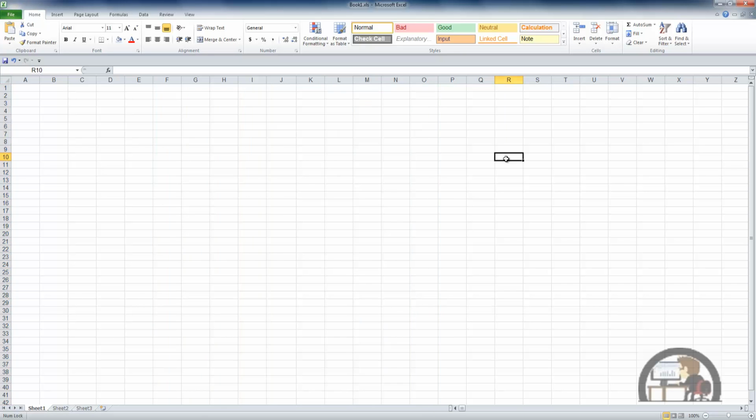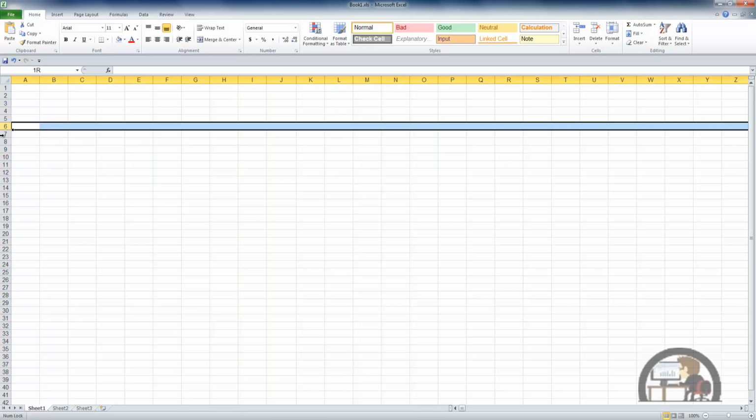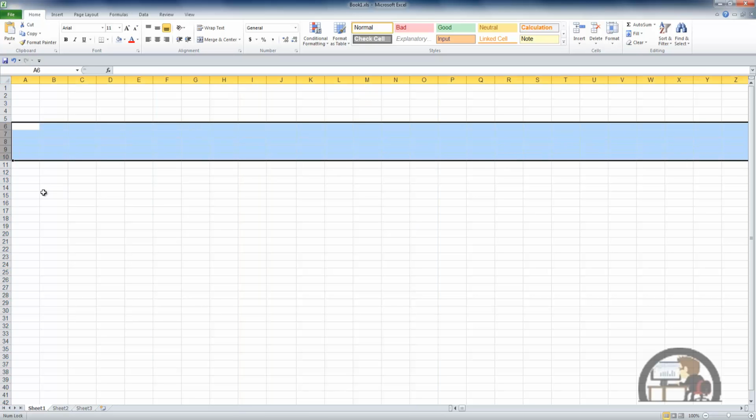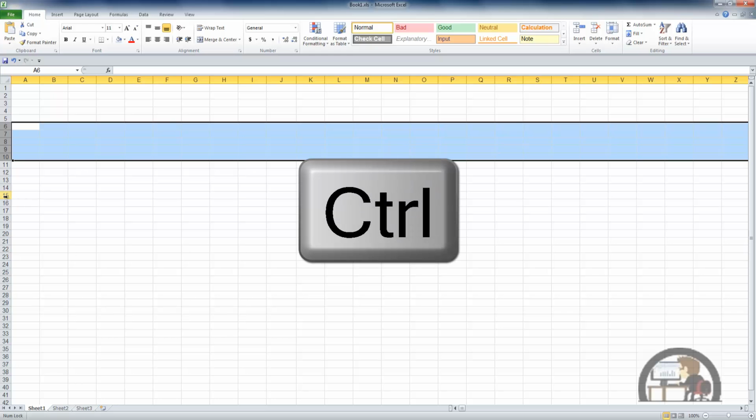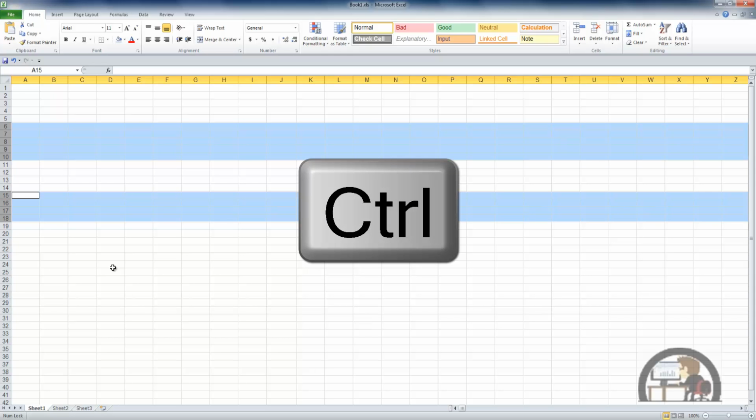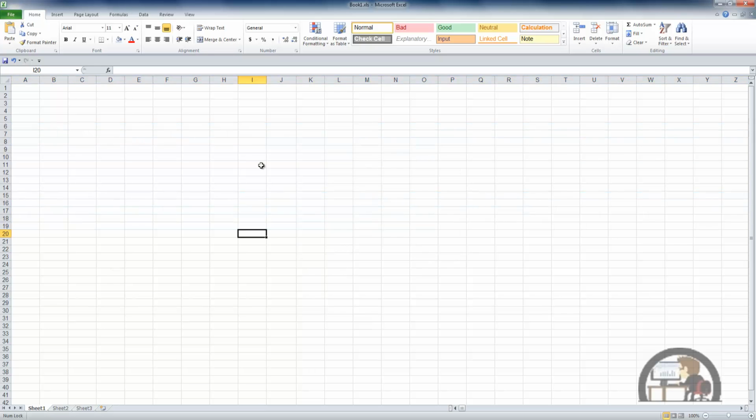I'll left click off of that and show you that rows work exactly the same way. I've dragged across rows 6 to 10, hold the control key down, drag from 15 to 18. I have two non-contiguous ranges selected at this point. Now that we know how to select columns and rows, we can change some of the properties of the columns and rows. I'm going to go up and left click the edge of column I and hold my mouse button